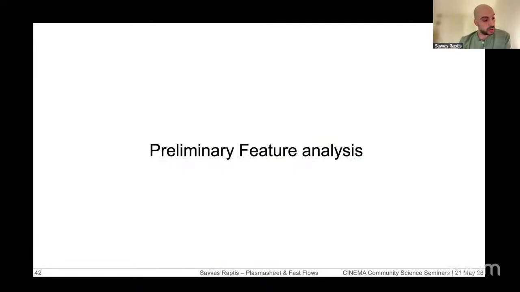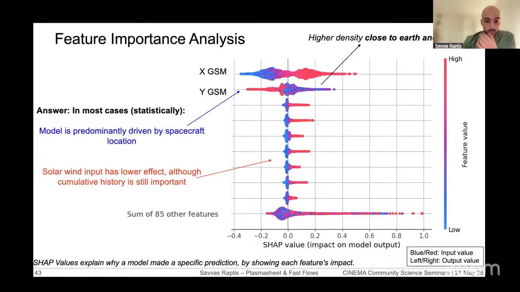Now, the last thing I wanted to show is how we can actually get some kind of physical intuition on why our results perform the way they do, and what we can do in the future to make those better. What I show here is what in the machine learning community is called feature analysis, or SHAP values. Long story short, red means high, blue means low, and left and right basically says how important the input was. So essentially here we look at how important each of the inputs is to drive the density in our model.